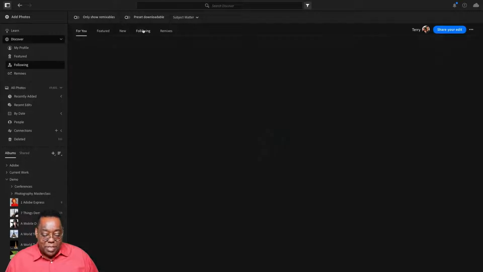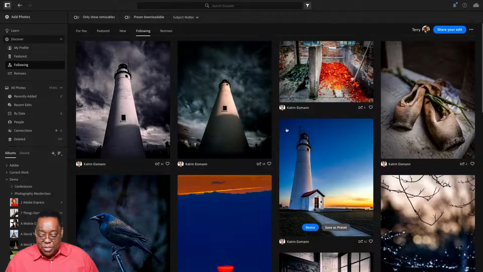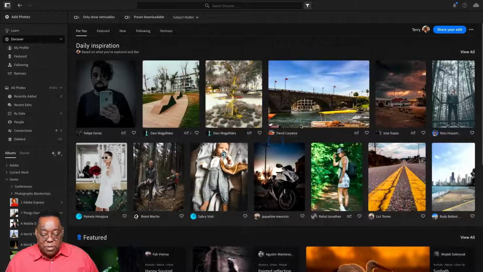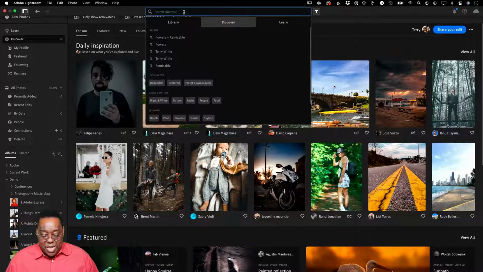So it shows people that you follow. It shows following. So for example, I can just click on following to get to images of people that I care about, people I follow. It also shows me the For You, so basically daily inspiration for images that it thinks I like based on other images I might have liked, or the images I uploaded myself. Anyway, one of the things that was always kind of a drag about this is that you couldn't find a specific photographer you were looking for. So for example, if you were looking for me, you'd have to scroll around or find one of my images. But now you can actually go in,